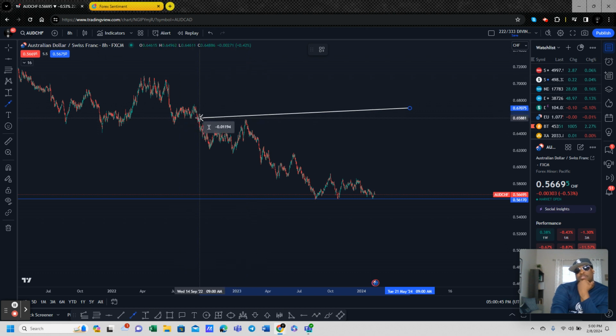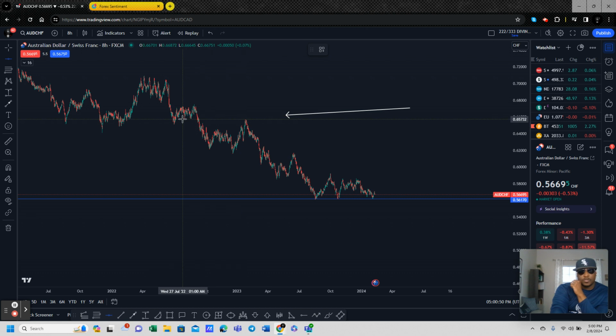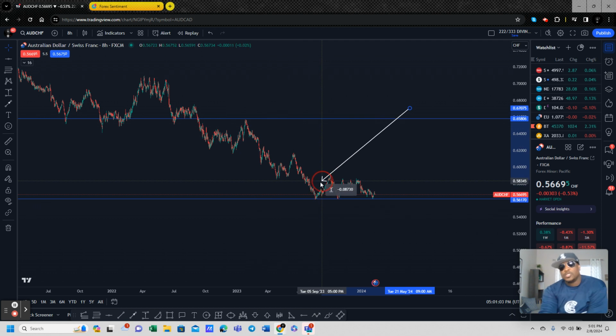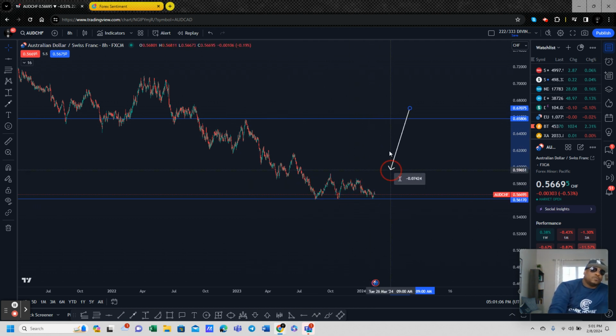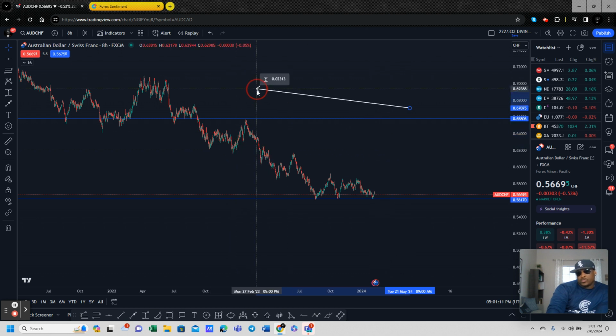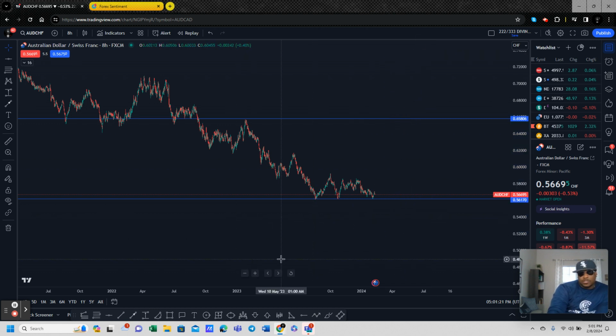Price is coming back and visiting these areas that once was some form of support that was broken and now has become the resistance. And this is just an area to come back to collect unfulfilled orders. They got it, and then they took the market lower. So I definitely want to be careful around here. Even if it breaks here, I still want to say, hey, it broke here too and came back up. There's nothing to say that we can't get a break, come back up here, and then drop. So you've got to be conscious that that's a possibility.